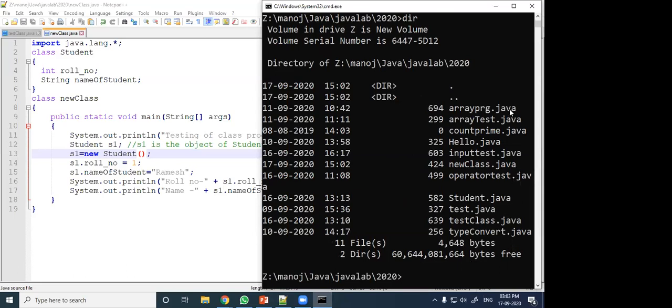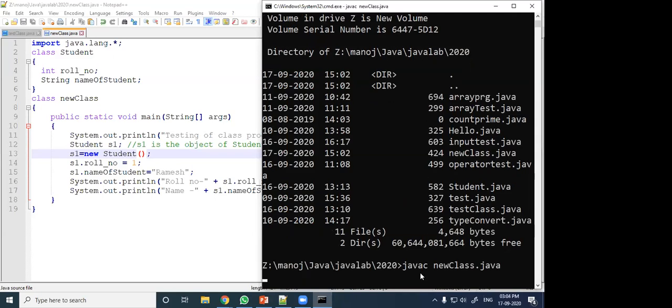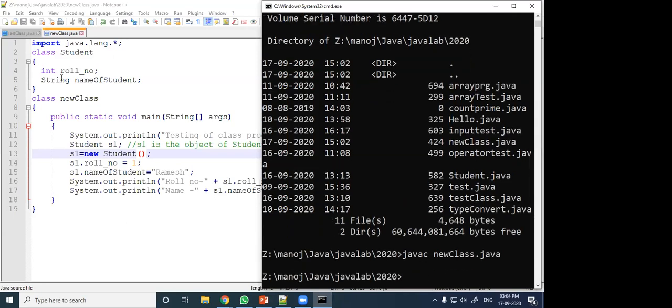All the files are Java files. Now I compile my program. My program name is newclass.java. I have compiled newclass.java. But now let us see how many class files are created.